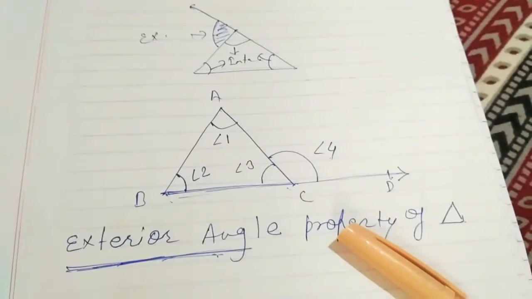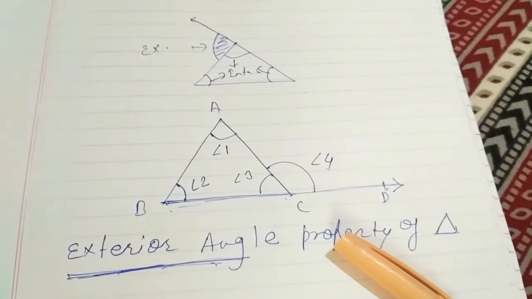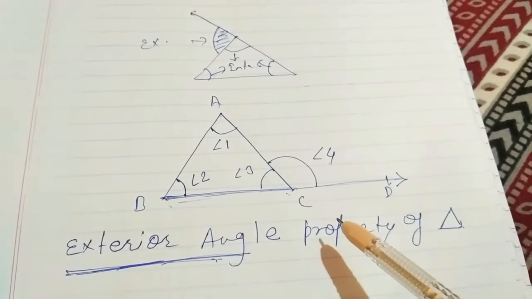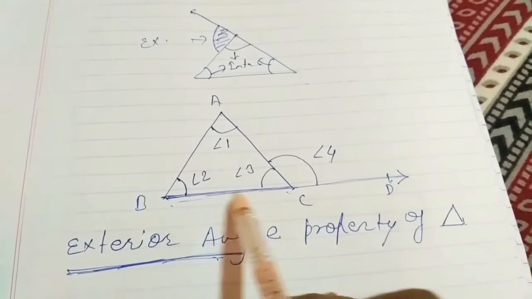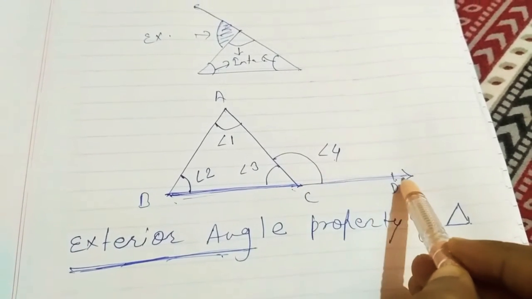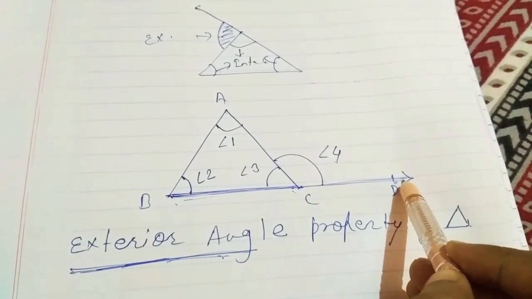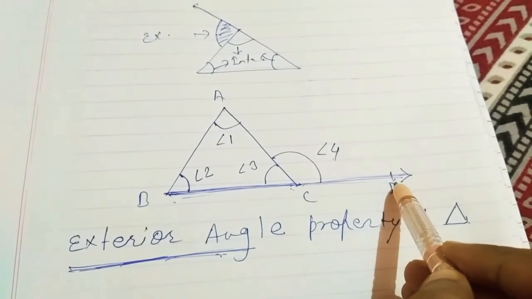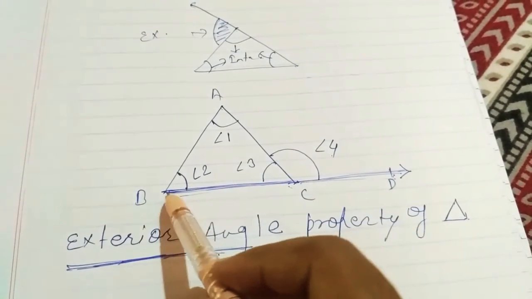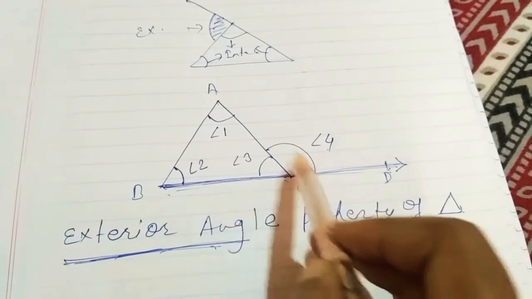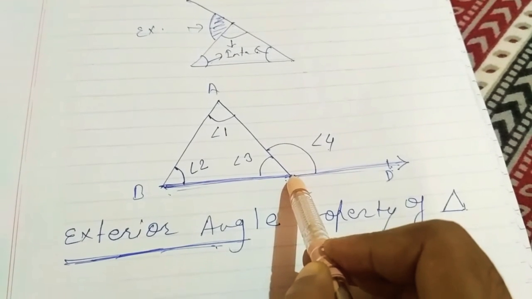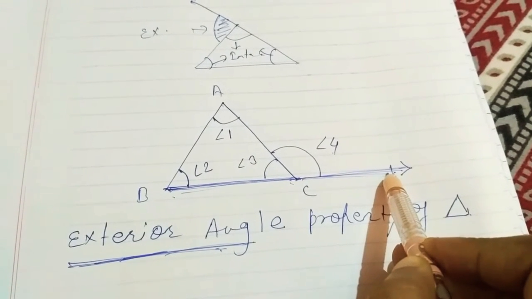This property tells us that if a side of a triangle is produced, that means this thing, then the exterior angle so formed. Try to understand. If a side, so in this triangle, side BC, if a side of a triangle is produced, then the exterior angle so formed